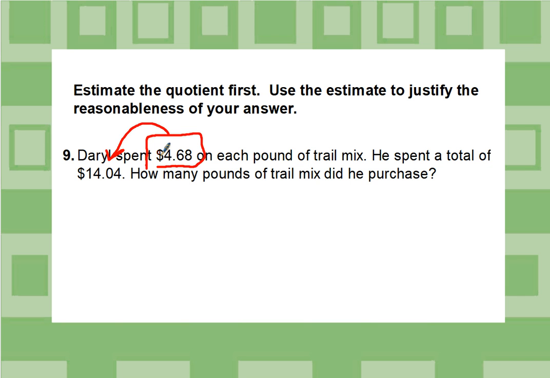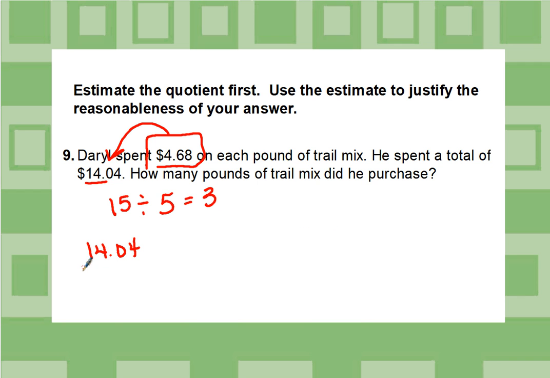So let's go ahead and estimate. What is 4.68 close to? 5, right? Good. And what is close to 14 that 5 goes into evenly? 15. Right, so 15 divided by 5 is 3. So hopefully our answer is about 3. Okay, so let's go ahead and actually solve. We're going to have to take our